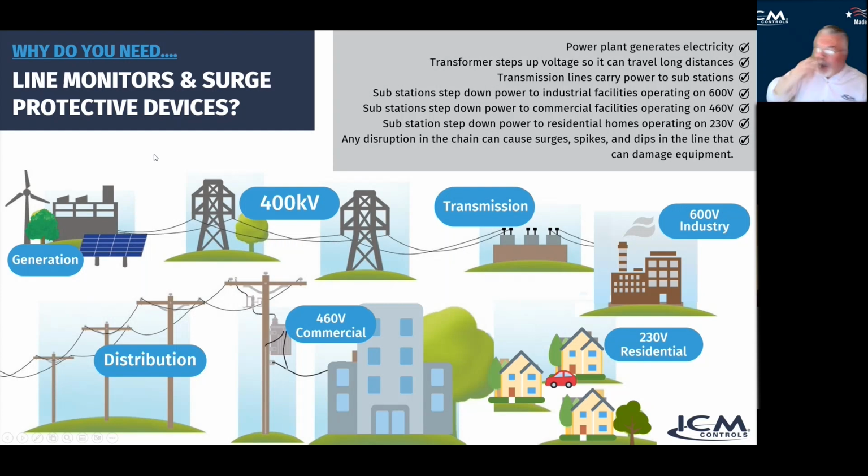First, though, let's talk about why you need a line monitor or a surge protection device. Power plants generate electricity, and then after that, they will typically have a step-up transformer so that the voltage can travel long distances. We're talking 400,000 volts. Those are the big, high metal power poles spread out across the landscape, carrying that high voltage